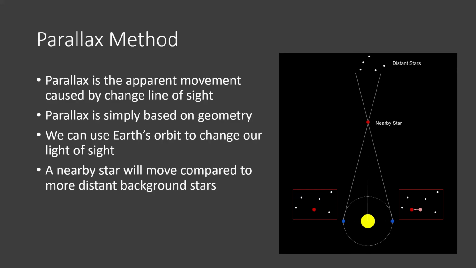This is the effect used by the brain to get a rough idea of distance when you use your two eyes. It can combine the line of sight images from both eyes. The size of the movement of your finger depends on the distance between your eyes and how far away the object is from you. And if we know the distance between your eyes, you could technically figure out how far away the object is. We can use the same principle, as we see in this diagram,